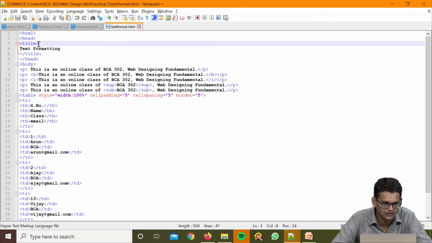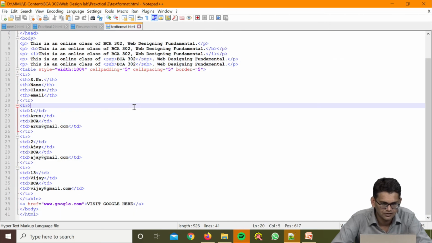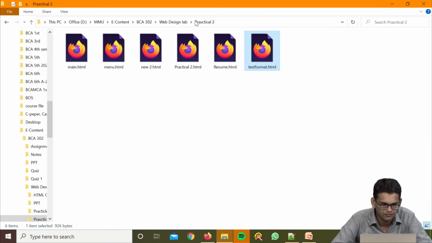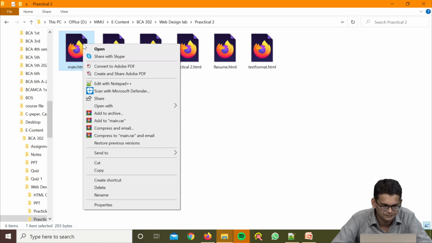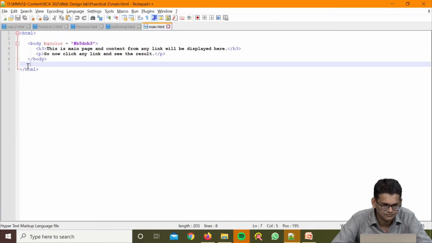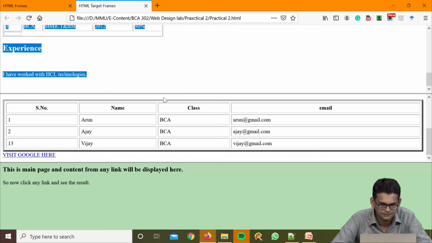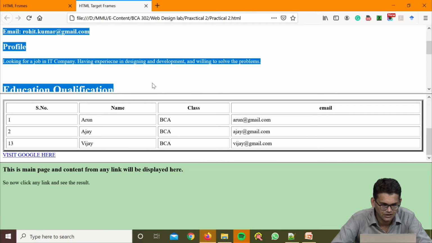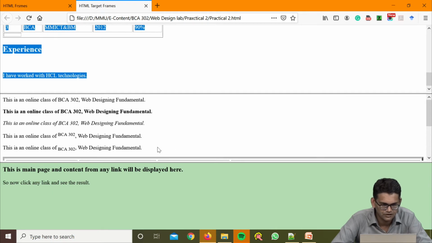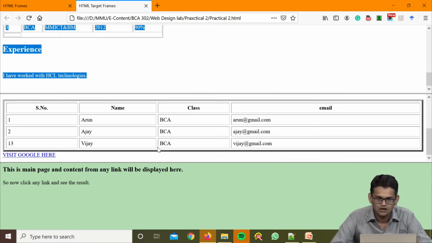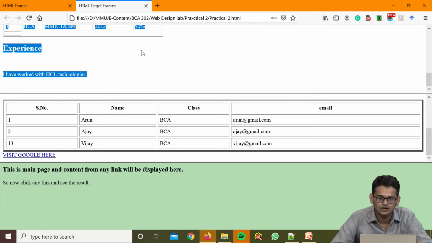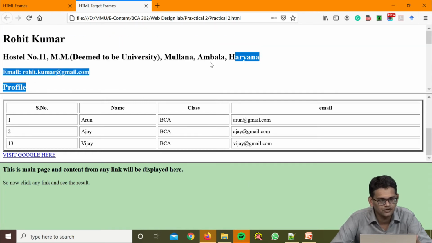This code we have already discussed, text formatting, right, and the code of the main page is here. You can see this is written over there. So you can see we can do this in rows or in columns. We can divide this section into 2 forms, whether in rows or in columns, right.